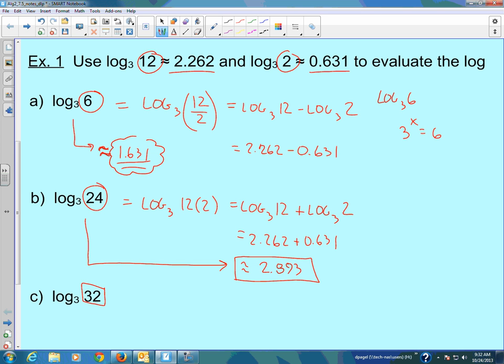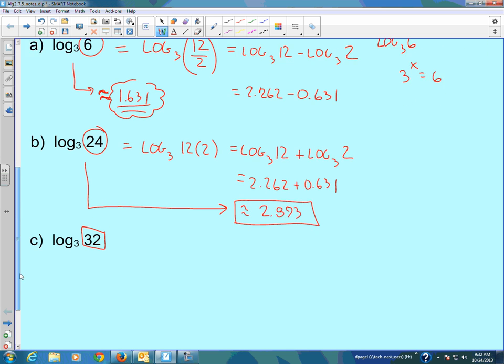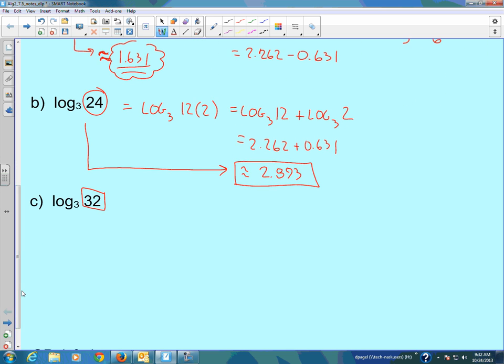Well, I can't multiply them together. I can't divide them. That doesn't help me. But I could recognize that 2 is a base 2 power number. So I could see that this is log base 3 of 2 to the 5th. That's 32. And now I've got a power property here, which means this is 5 log base 3 of 2. So I have log base 3 of 2. I know that that is